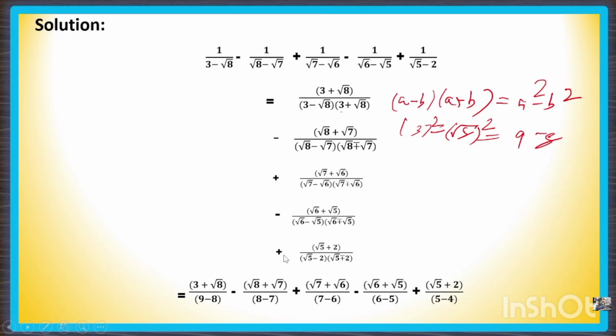Here the last term is plus, root 5 plus 2, and it will be root 5 minus 2 whole into root 5 plus 2, root 5 squared minus root 2 squared, 4. Okay, this is how we can simplify. We can multiply the denominator using the identity (a minus b) into (a plus b), which is a squared minus b squared, right? Okay, so after multiplication we shall get 3 plus root 8 divided by